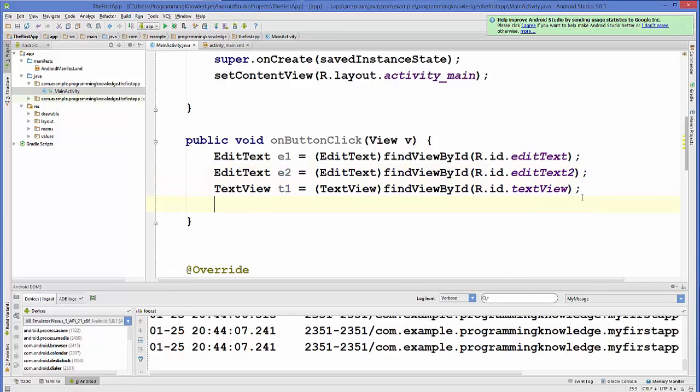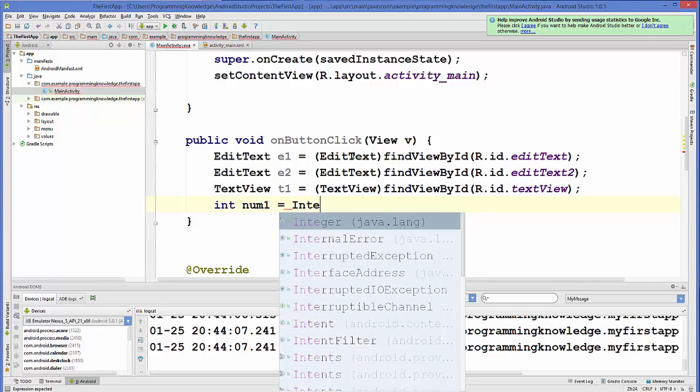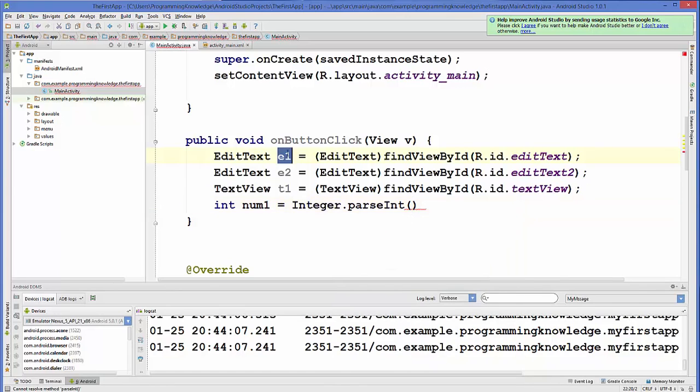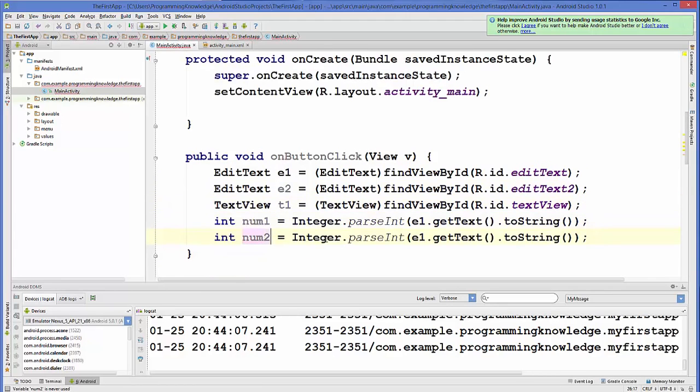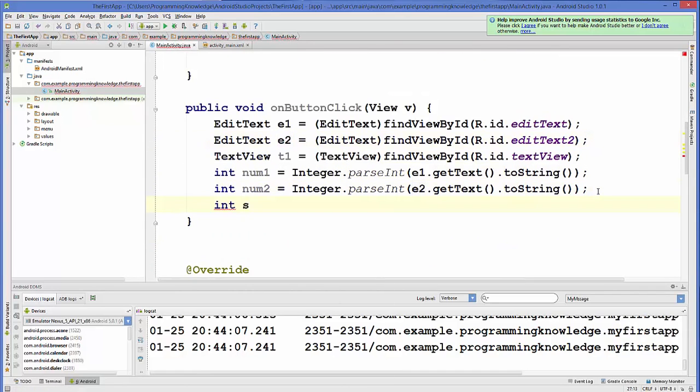What we can do now is we'll declare an integer variable, for example num1, and we will assign whatever user will enter in this first text box, and we will convert this text to the number, and then we are going to use this number to add the values. So this will give us the sum of these two numbers,